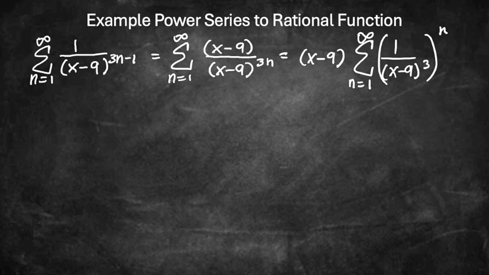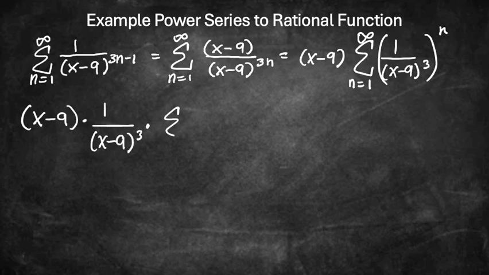So because we have an n equals 1 here, I need to rewrite this so that the exponent is n minus 1. In order to do that, I need to pull out a factor of 1 over x minus 9 to the third. Then we'll have one less factor, and so then I can rewrite the exponent as n minus 1. So when we do that,